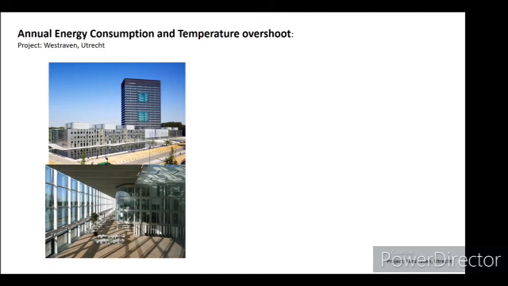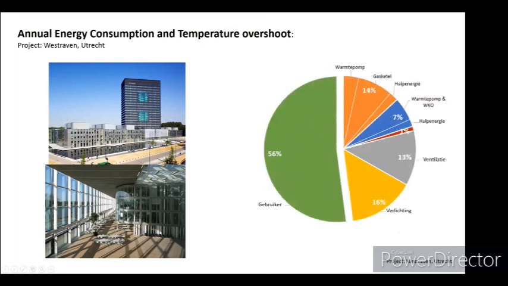But due to global warming and such, we are having more than 35 to 40 degrees in the Netherlands. And this huge glass space is facing south. We calculated the total energy consumption, and then we started understanding, okay, you're going to have more of a heating issue. So what are the solutions we can put?